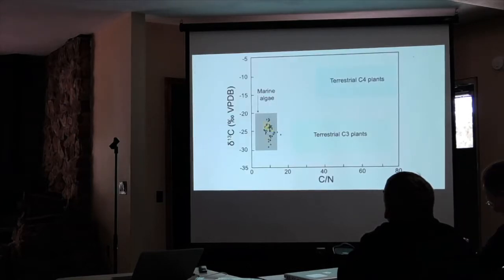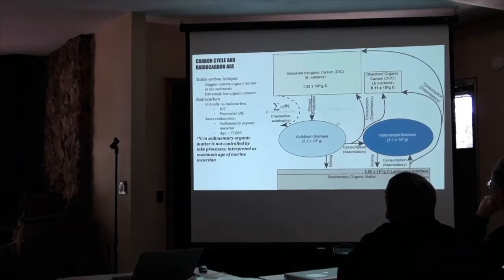So where does it come from? Ryan discussed earlier that in this sort of plot, this suggests that the organic matter, not necessarily sediments, but the organic matter in here is of marine origin, by the stable isotopes and the carbon to nitrogen ratio. If we go back to this diagram, and now I've added some sizes of these reservoirs based on our work here,